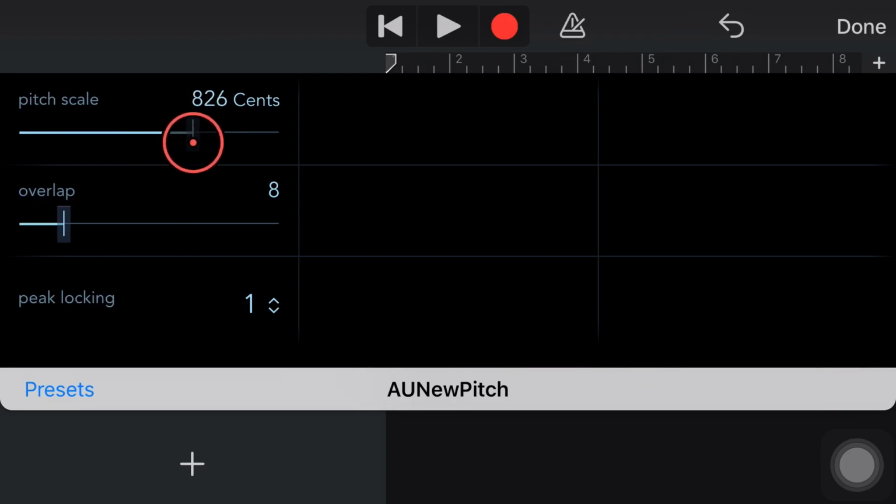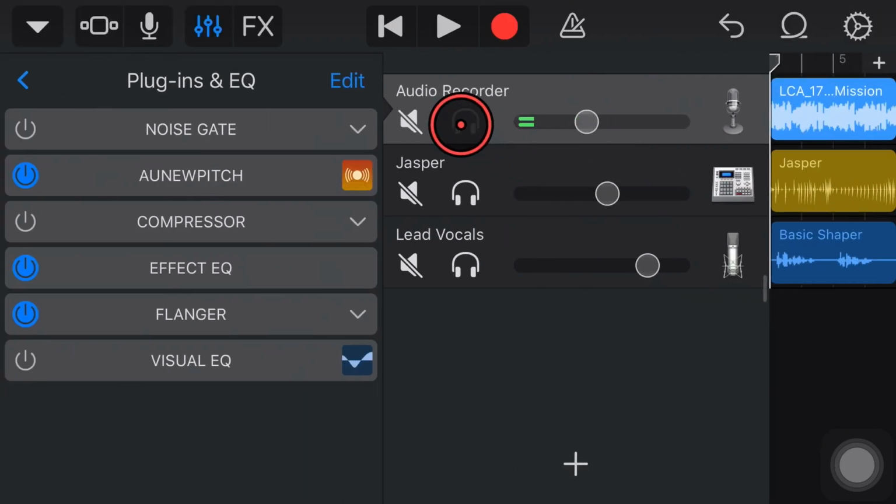But say we wanted to go up 7 semitones up here. So the F would go up to a C. Then we can drag it up and get it as close as possible to that. But again, it's going to be super hard to actually get it dialed in to exactly the right one. If we can get it close, let's get it to like, there we go, 698.5. Now if we hit done and we come out here and just solo this track and hit play,